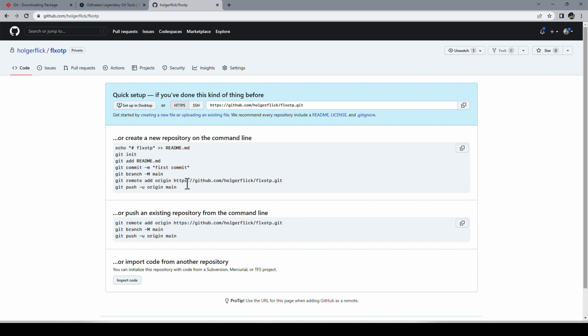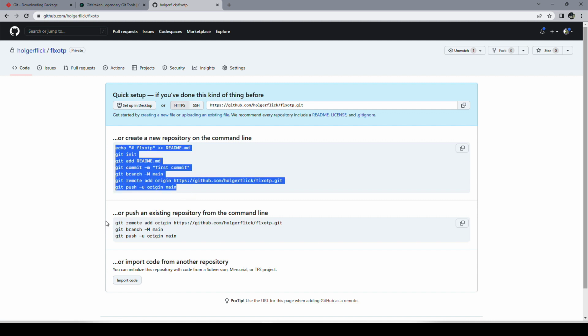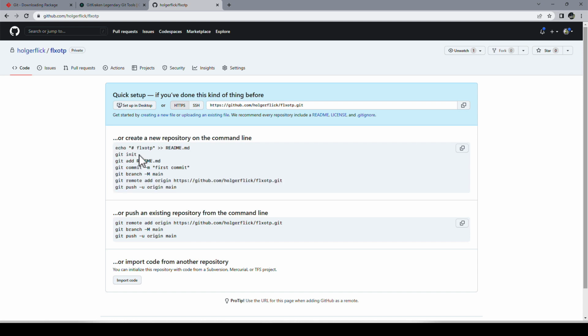And then GitHub gives you exactly what I've explained so far. You create your README MD file, you add the README, you create your first commit, and then something to make sure that you're on the main branch, they add that here. So you git branch to main, and then you add, and this is the key command that we need to execute, this URL here, that's something you get from GitHub, to your repository as a remote. Remote means this is a remote server away, and then it needs an identifier.